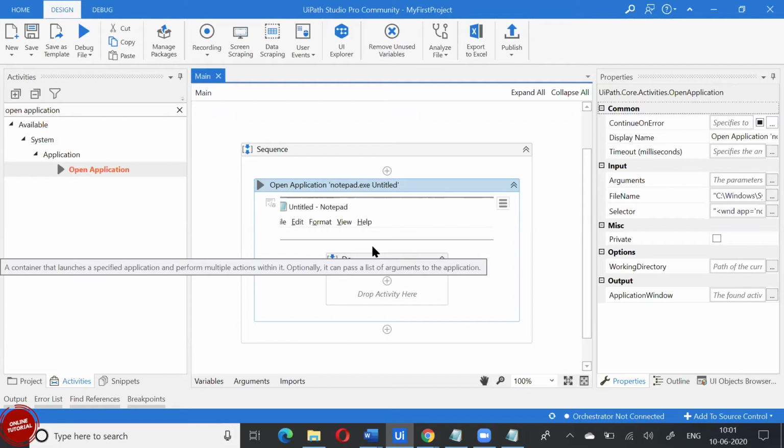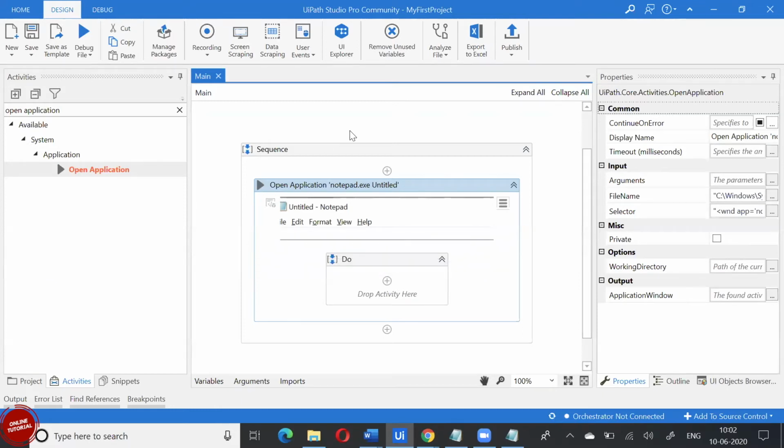If there is authentication in the application, you have to log in as some authorized person. So how do you put the user ID and password into this application to open it and navigate to the respective link? See, it's like this. Every application has a username and password, so the UI is designed to enter the username and password.